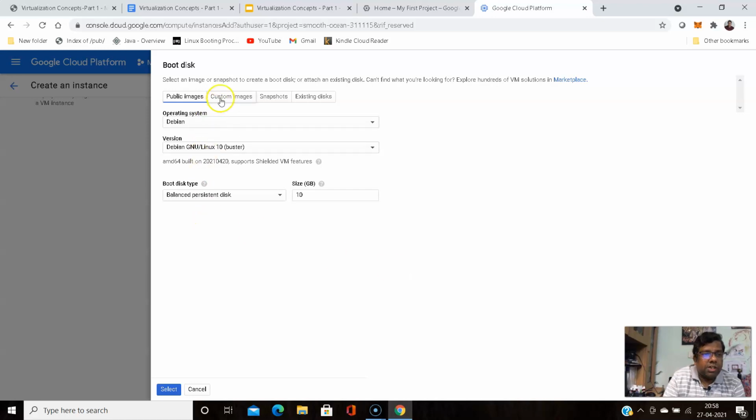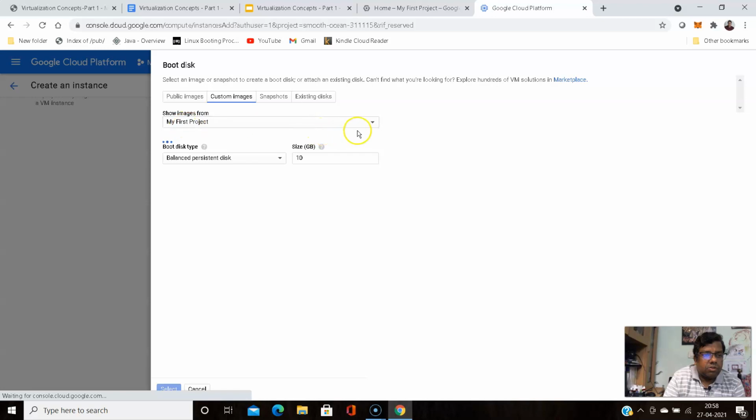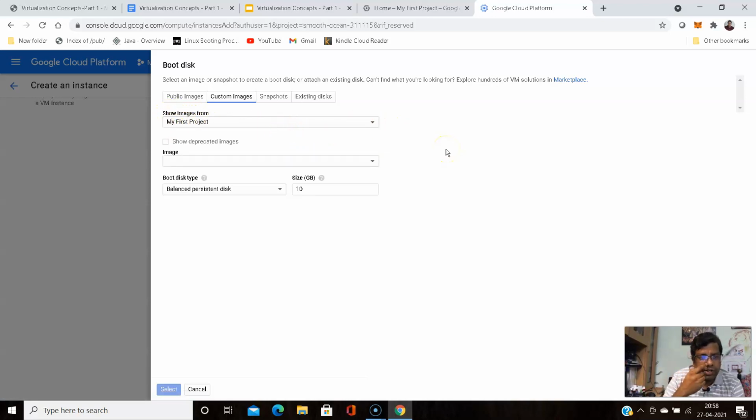If I go to custom images, it's fetching the details from my account. There is a nested CentOS 8 image one, so I'll be using this one.